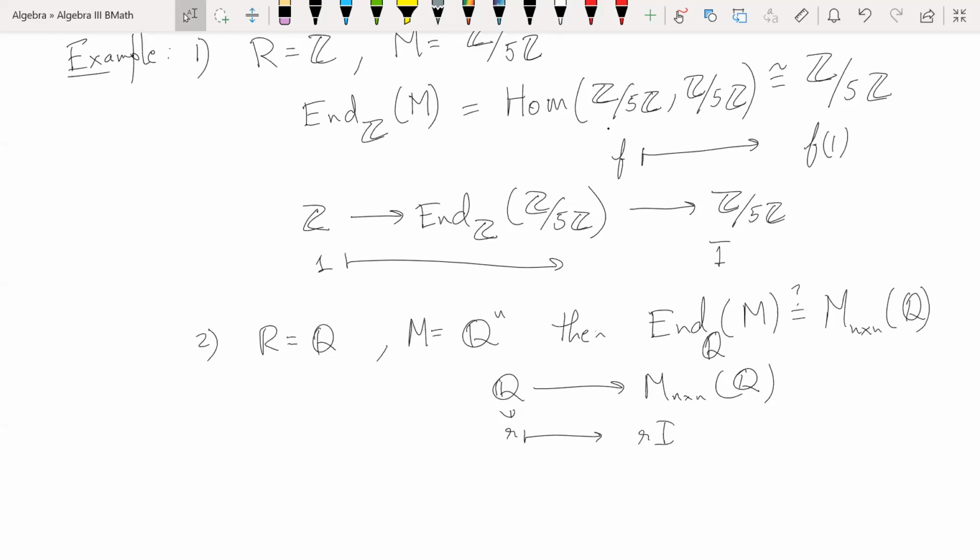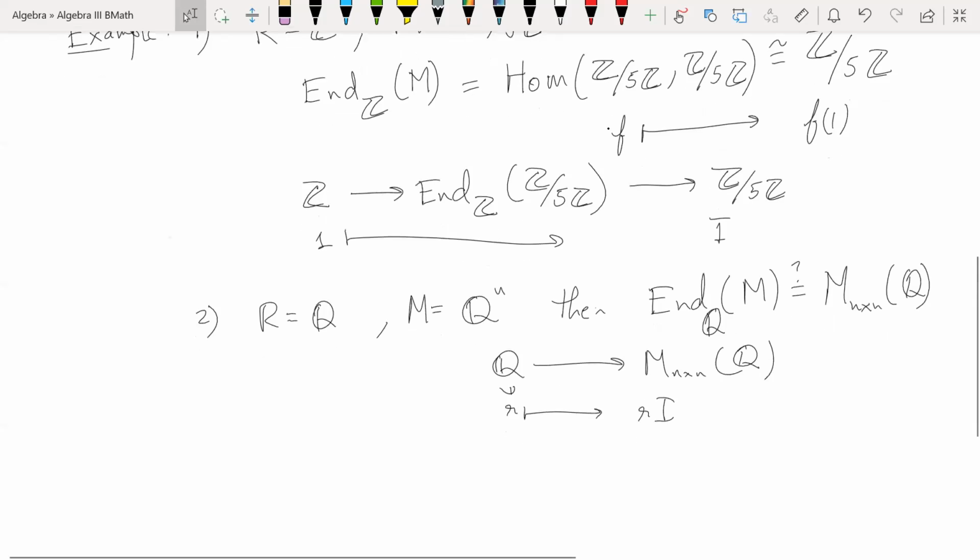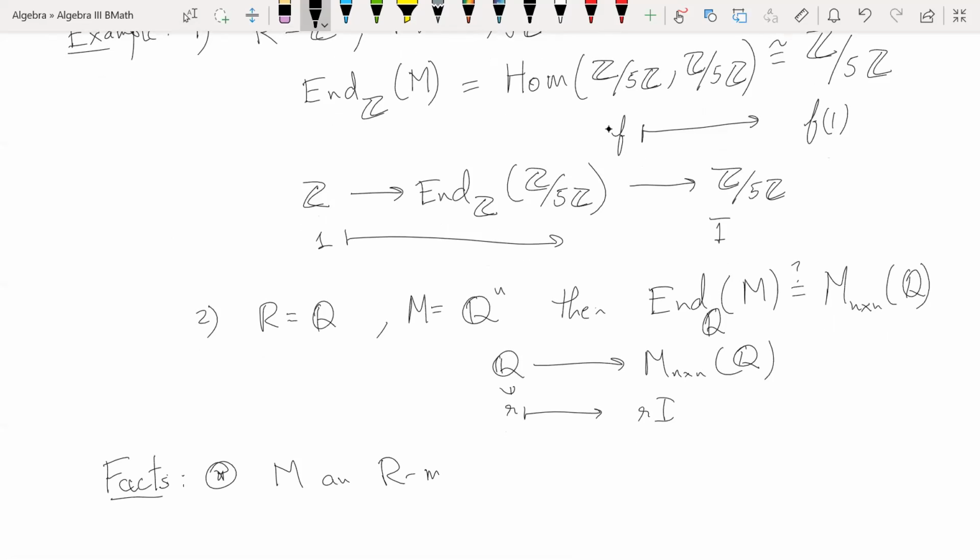In fact, since we are already here, maybe I'll state some facts, and some of them I will assign as homework. So let M be an R-module, then